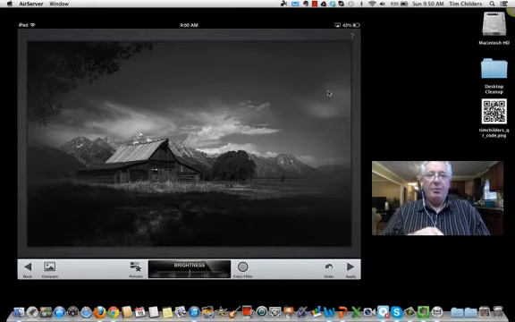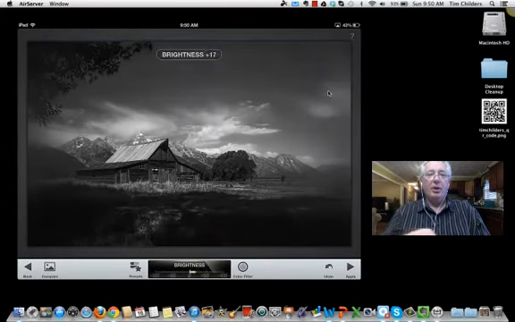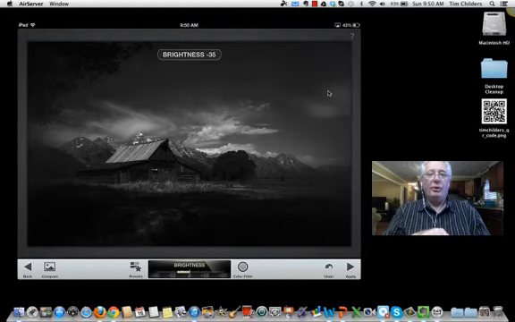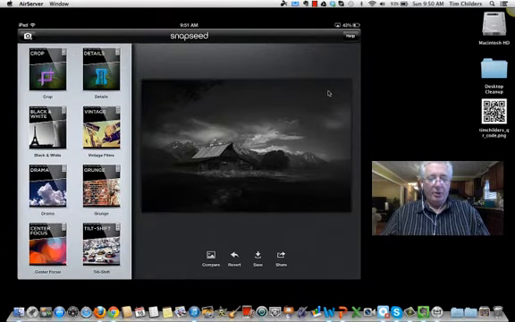And again, I have this menu, and with a black and white, sometimes we want it to get that old feeling, so we might add some grain, and we can really blow it out with some grain. I'm just going to add a little bit. And again, I have brightness here. I could really bring it up, or I could bring it down and make it kind of dark. And I'm actually going to darken it down quite a bit here, so that I can show you the next option that I have,